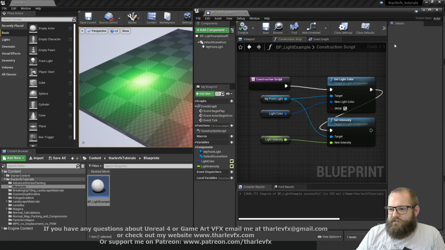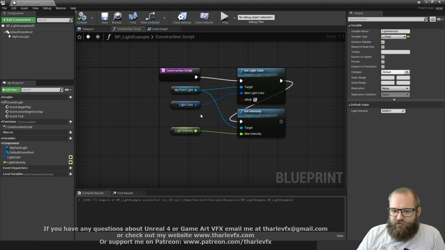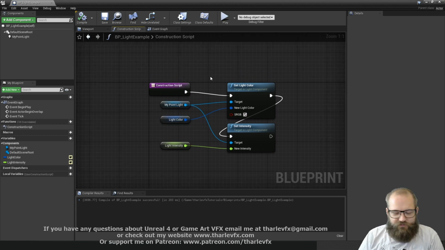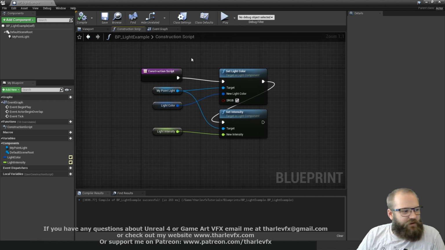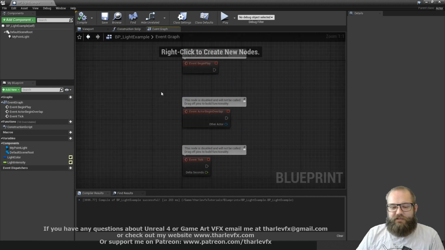So this is all in our construction script. This is all our initial setup. We're starting to use variables and we're starting to expose those variables to the user. And this works really, really well. But let's say we wanted to have some kind of gameplay interaction or some kind of animation. This happens over time. So if we jump over to the event graph,